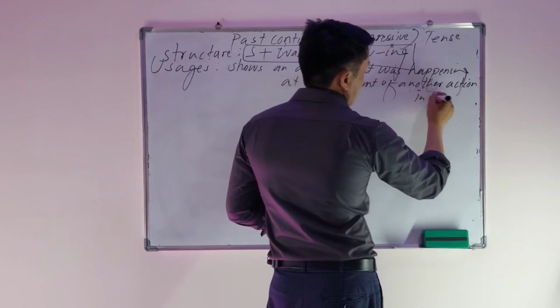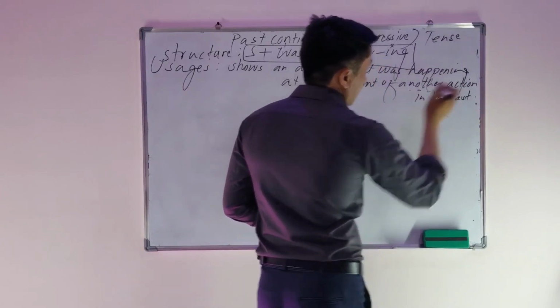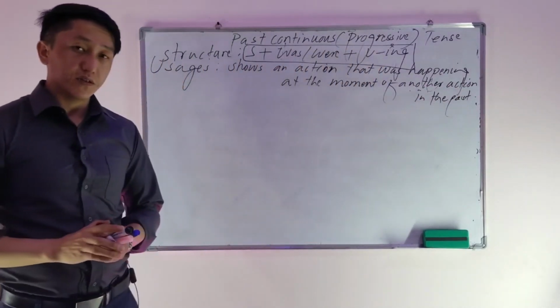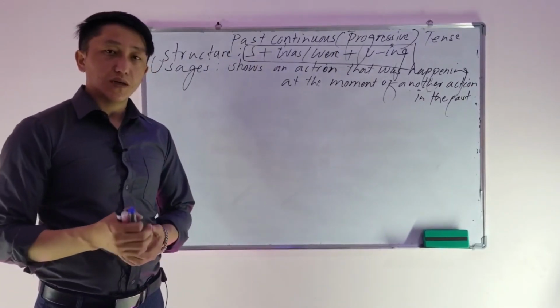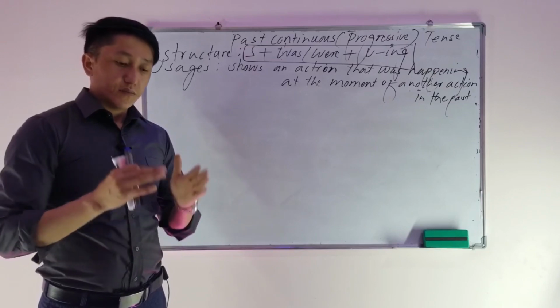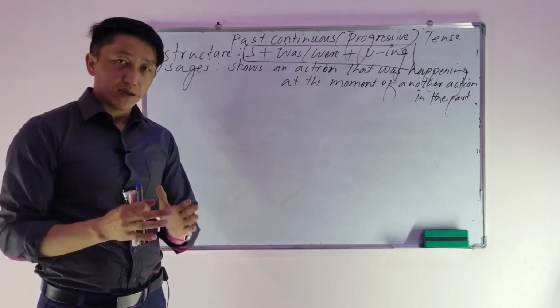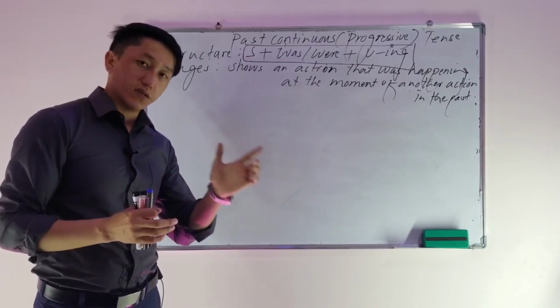So this one talks about an action that was happening at the moment of another action in the past. We use past continuous tense. Continuous means when the action is in progress. So if in the past one action was continuing at the moment of another action in the past, we